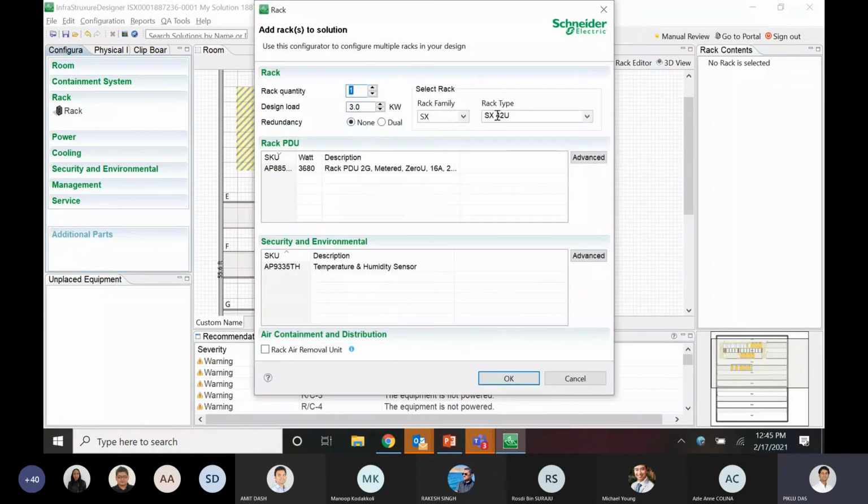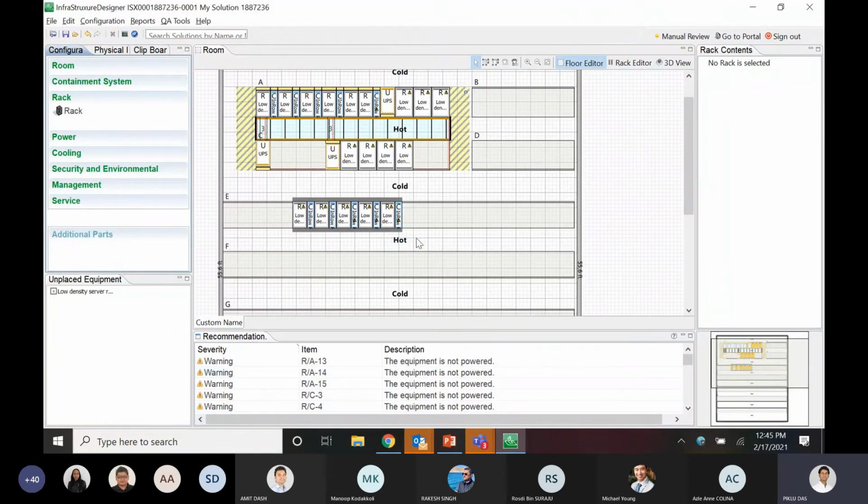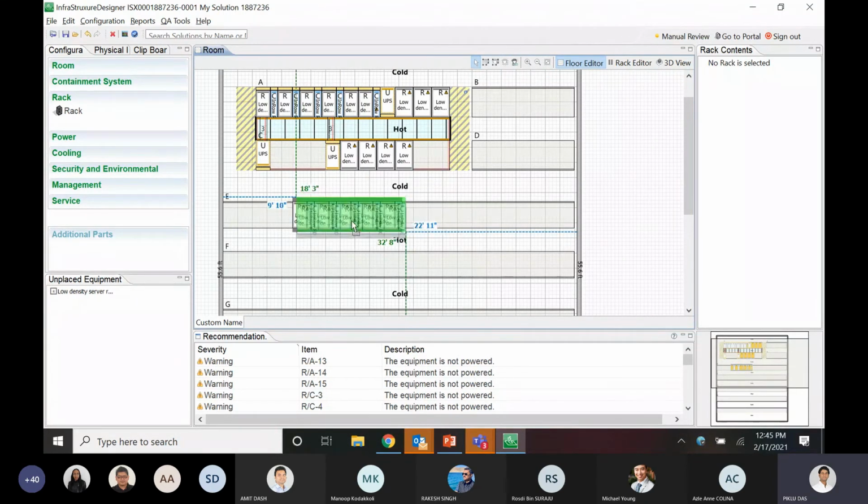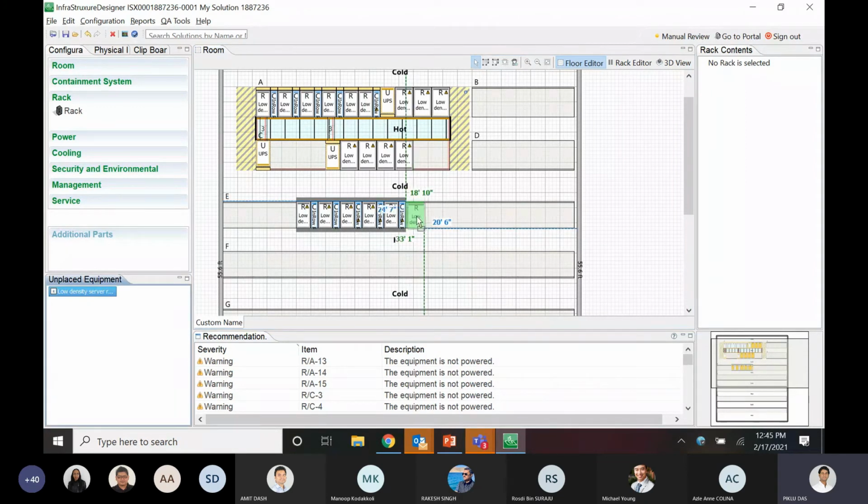Unlike EcoAisle, where I can place some deep racks and extend the size, there is a way of extending here, but I'm not able to do it like how we extended the EcoAisle.